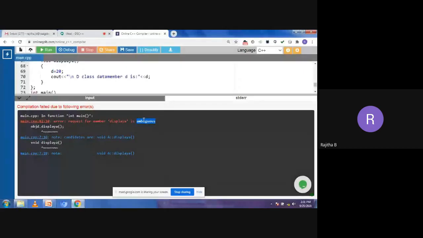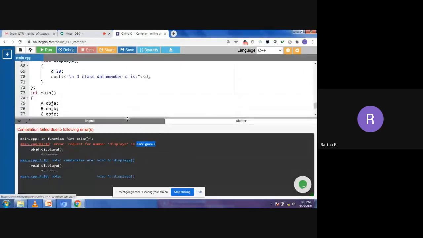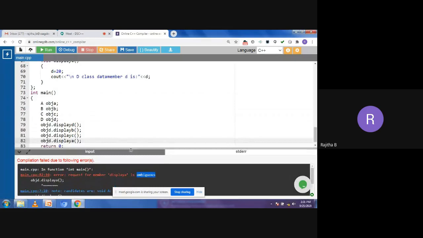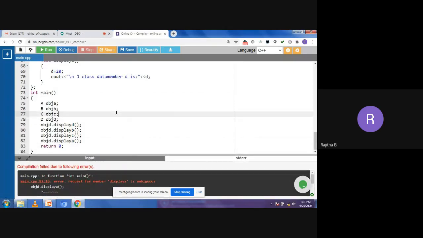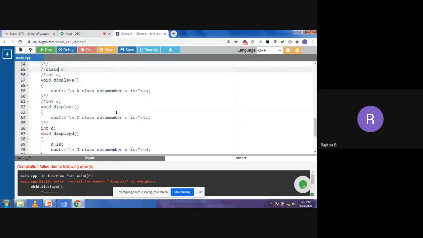Now how to overcome that problem? By using the keyword virtual. So where do we have to use the keyword virtual? We are getting the display A function from the B class, and we are getting the display A function from the C class.